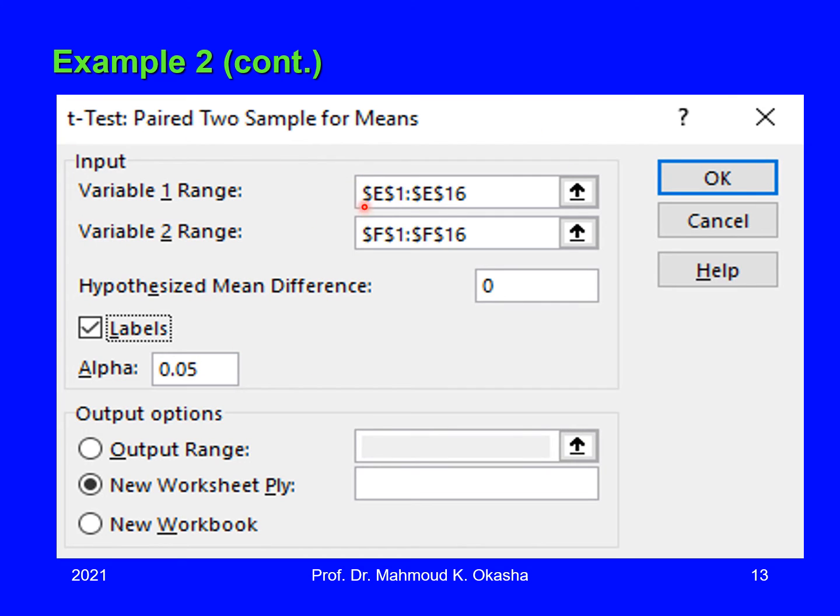Here the same. We enter the range of variable 1 and the range of variable 2, and the hypothesized mean difference is 0, and check the labels. Not always you check the labels. If you do not include the first value which contains the label, then you do not need to check the labels. But we included the labels here. Alpha is 5%. That's the significance level. And we check one of these options and define where to put the results. Right? Then